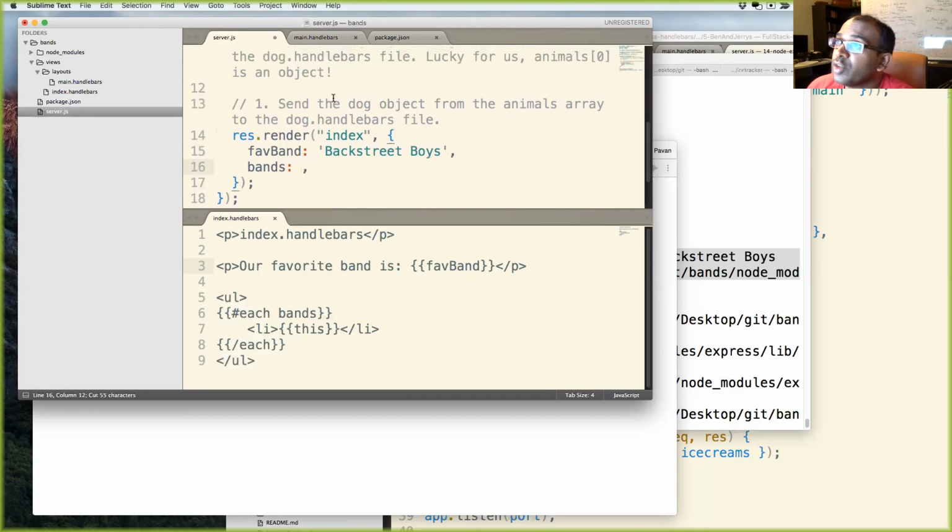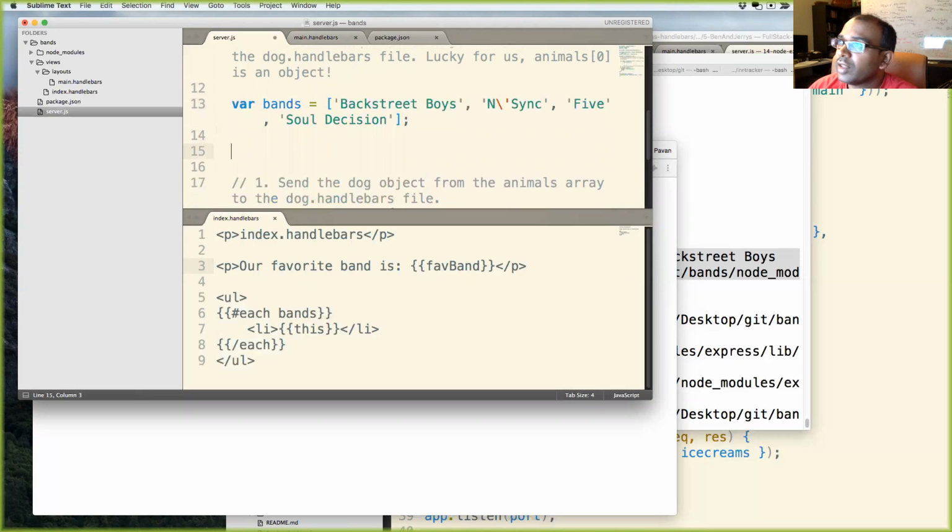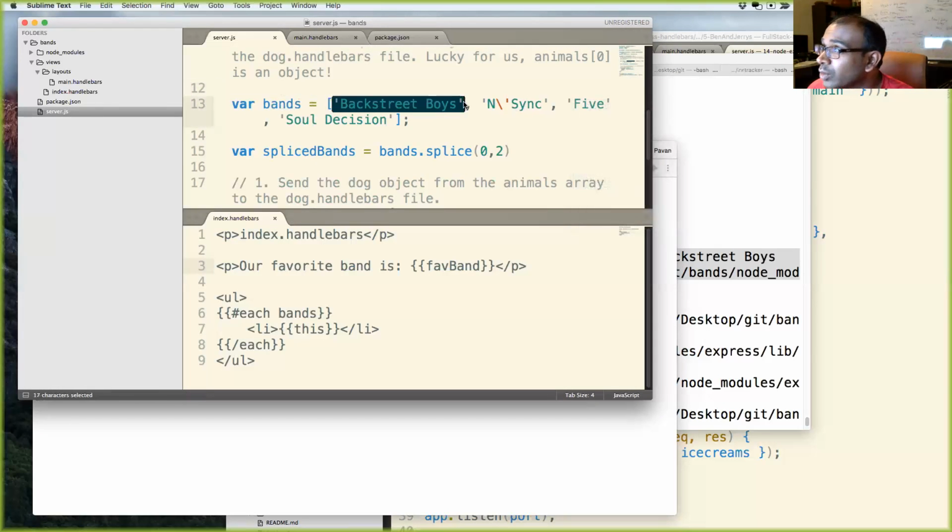So what you would do over here is var bands, this, and you could run a splice function on it, and say var spliced bands, going from 0 to 2, so 0, 1, and 2.